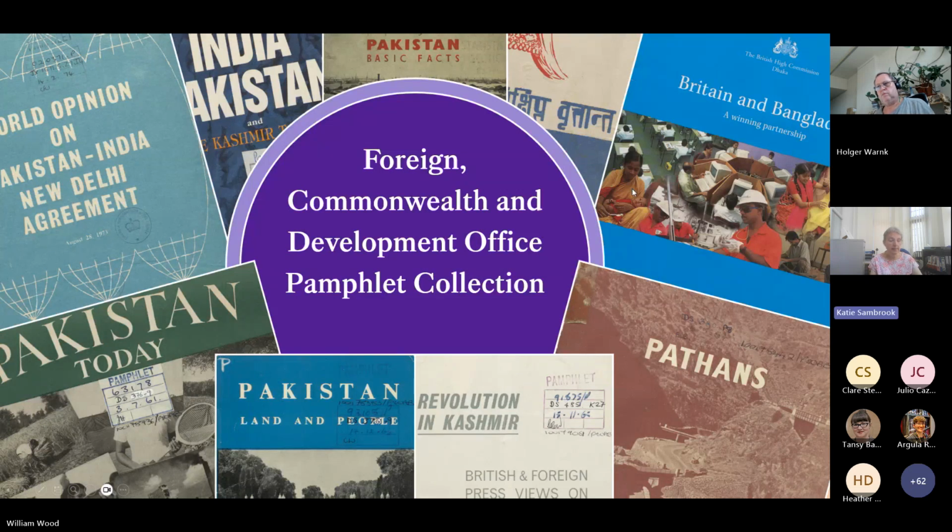After Indian independence in 1947, the India Office was wound down, so the FCDO assumed responsibility for the UK's relations with the present-day countries of India, Pakistan, and later Bangladesh. And this is reflected in the FCDO collection, not least in the huge number of pamphlets on political, economic and social themes, some examples of which you can see in this montage of covers. So after this brief romp through our special collections, I will hand over to my colleague Will Wood, who will give you some further information about our library.